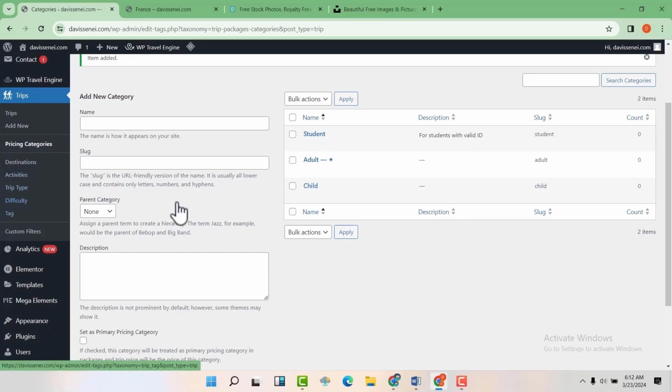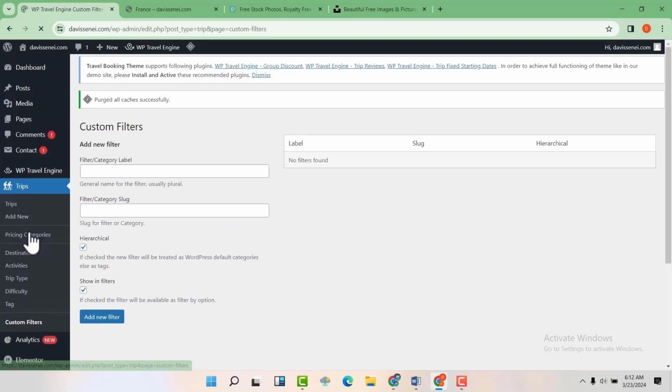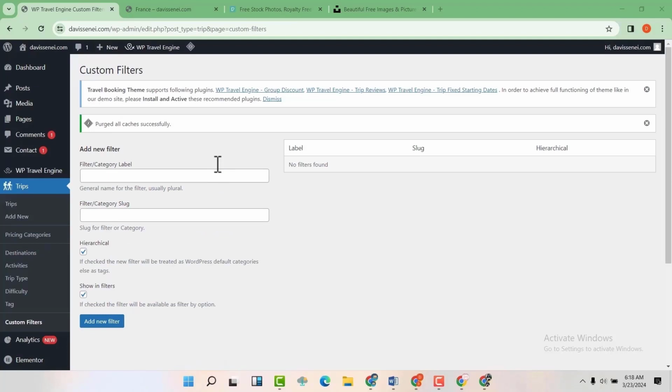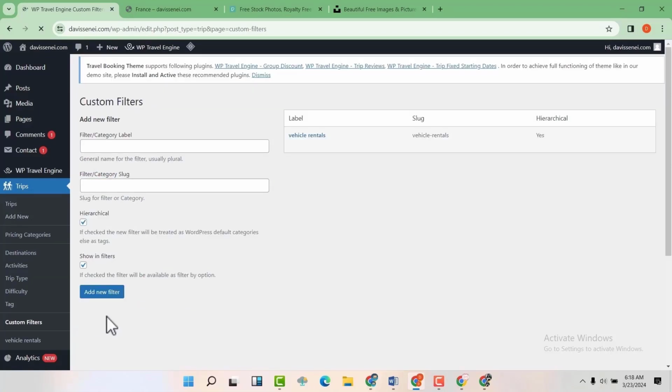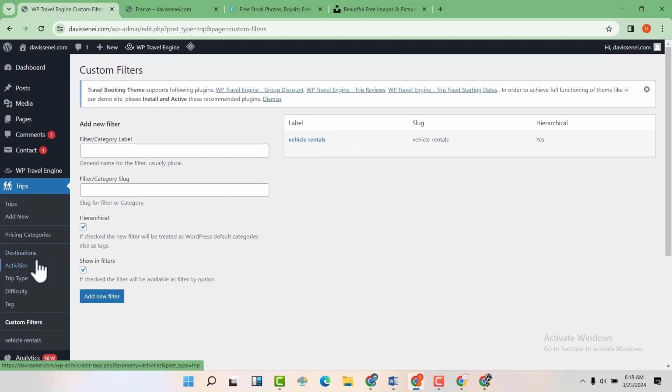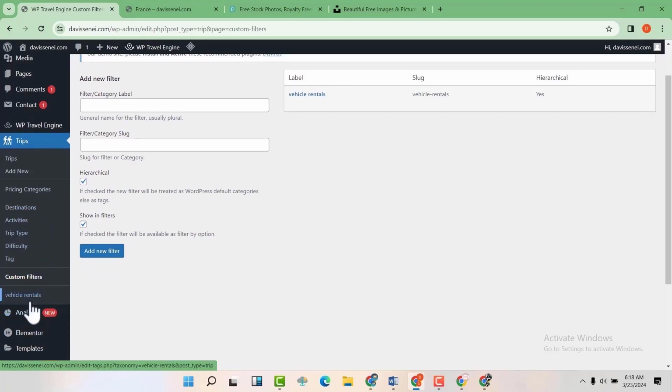Last but not least, we have some custom filters here. Now this one will allow you to add a new criteria that is not here within maybe destination, activities, all this. So maybe we can add something like vehicle rentals. Then we can say add a new filter. Now you can see it here. Down here you can see vehicle rentals. So when you click on vehicle rentals here,